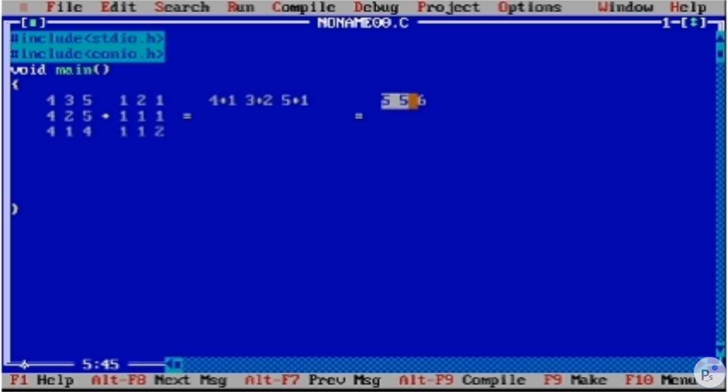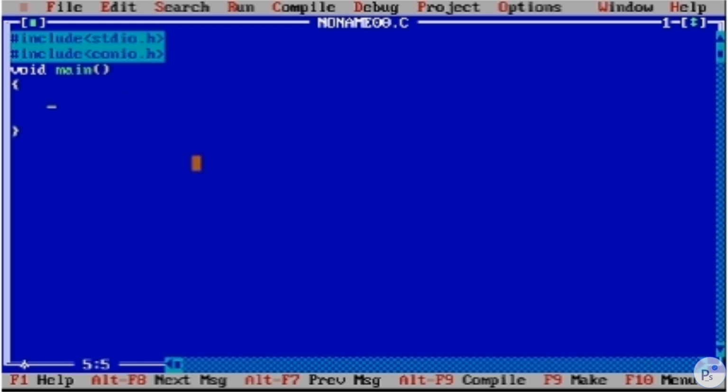This will be the first row result for the addition of these two matrices. We take this element and this element and add them. Similarly, at the second row, this element is added with this element. So the result will be 4 plus 1, 5, 2 plus 1, 3, and 5 plus 1, 6. Similar for the rest.